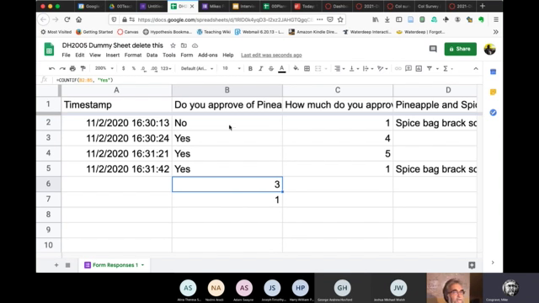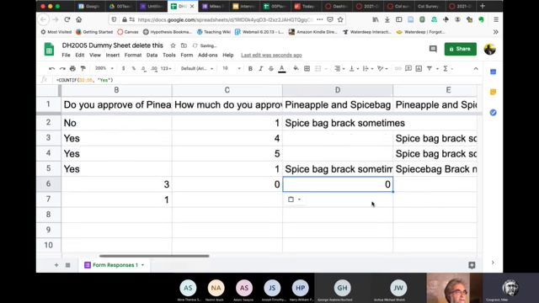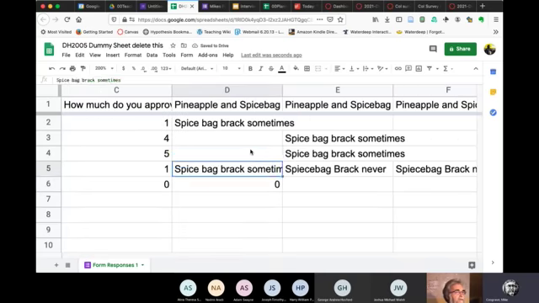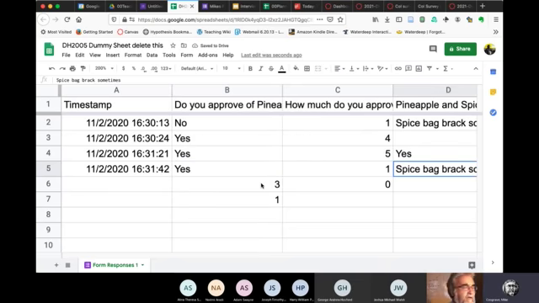I mean, it's very handy if you had a bunch of questions that were the same. For example, well, this won't work, but if you had this one, you could copy this from here to here. And what it will do is it will check this range of cells, and you could copy it from here to here. And of course, there's no yeses in any of these, right? If I put a yes in here, it'll tell me 1. Because there is indeed 1 yes in that range. So it swings and roundabouts. You can build an equation and copy it all across a whole line. If the questions are the same, it'll allow you to do the analysis very quickly.